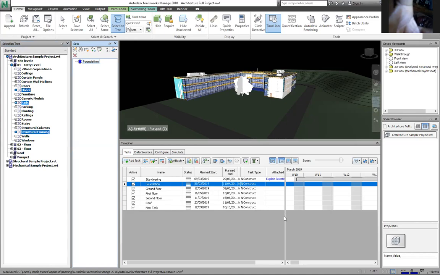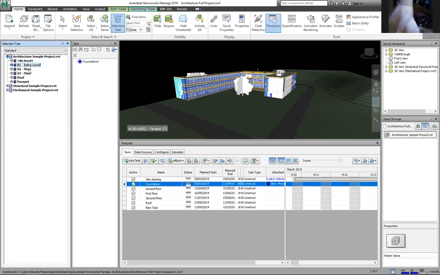If I now right click here and say attach set foundation, it attaches those three items that I have selected. And then for ground floor, we can then begin to use other items, apart from the ones that are not required. So for ground floor, we might be using, I think the ground floor is saved in